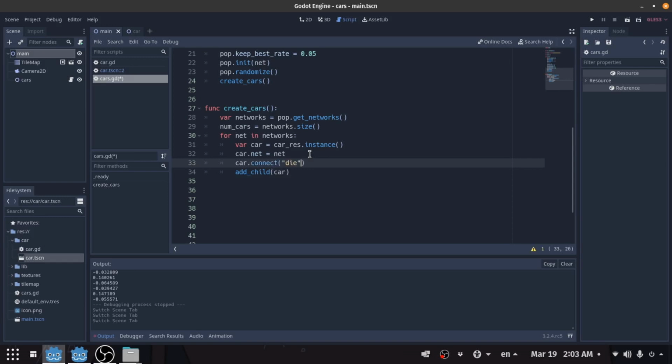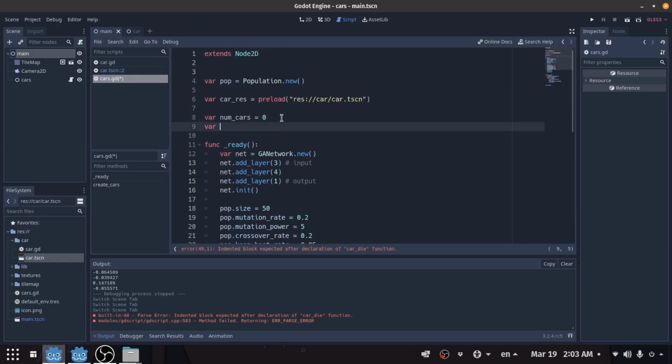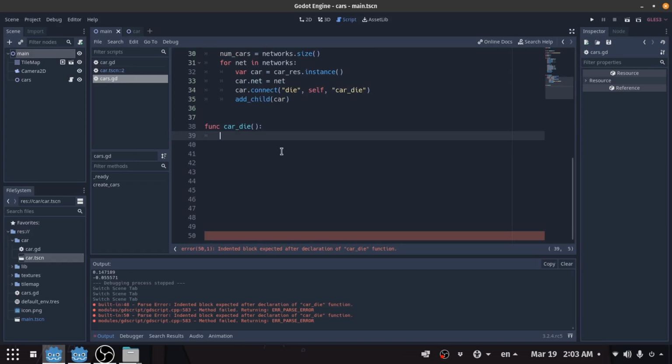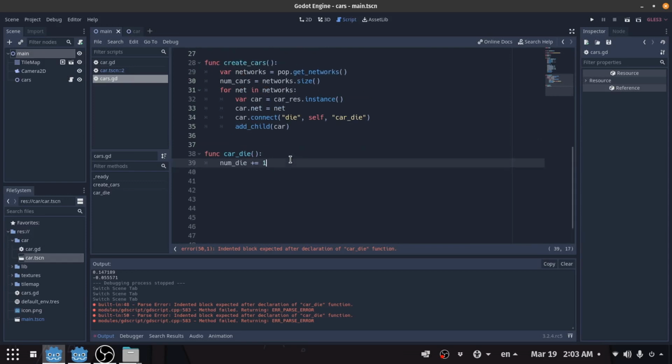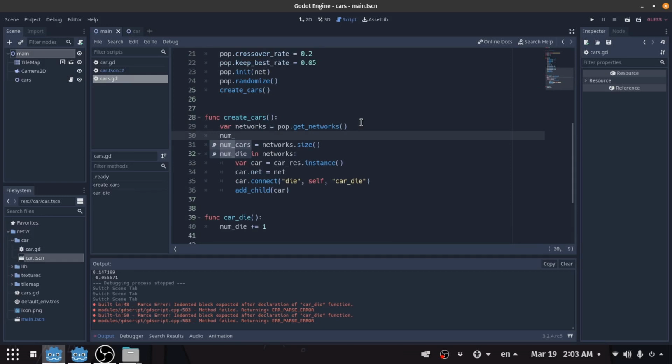Okay, die, and here I will say self car die. I will create a function called car die here, and at top here I will say number of die is going to be 0. I will add the number of die. Number of die is going to be plus equal to 1, and I'm going to restart the number of die here also. So I will say number of die is going to be 0,